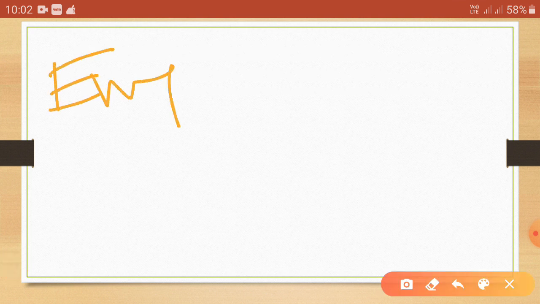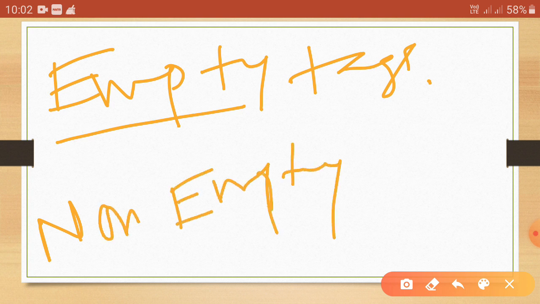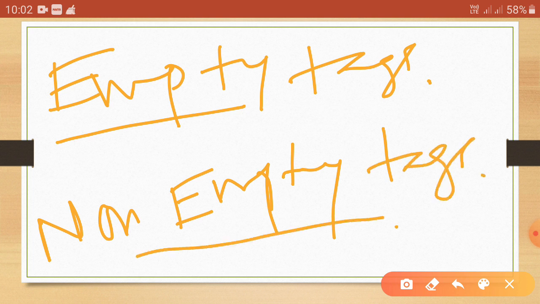Now we will be learning about empty tags and non-empty tags. So what do you mean by empty tags? One example is hr.